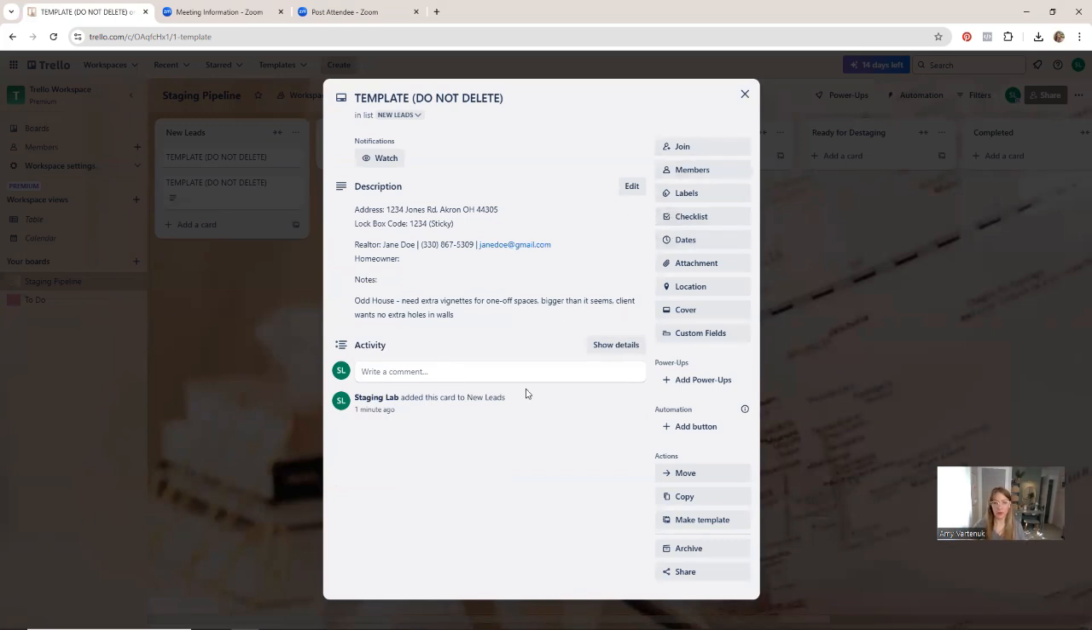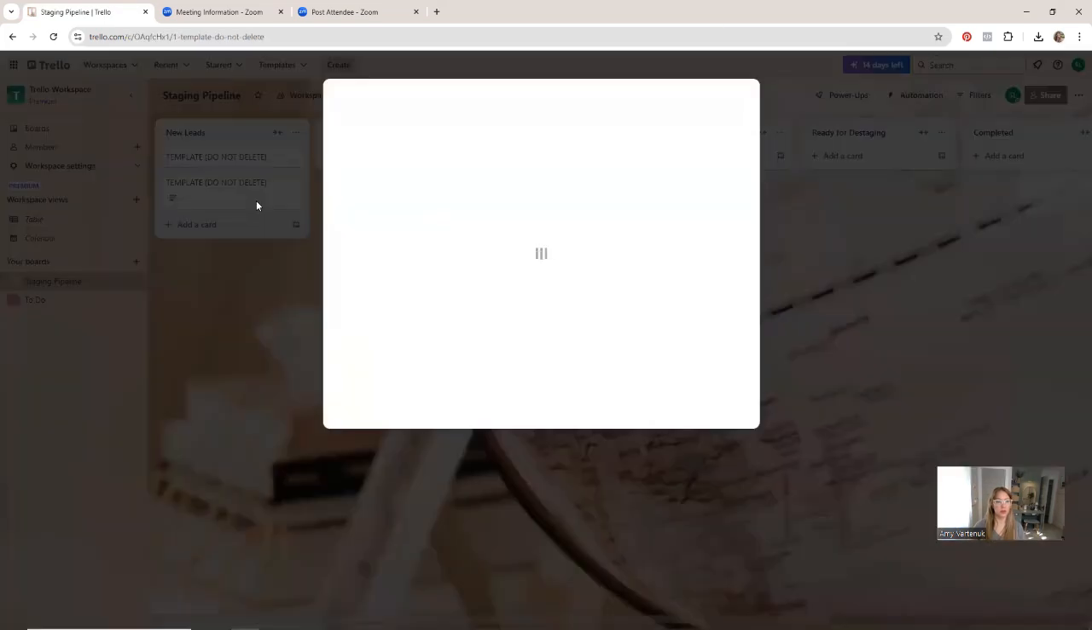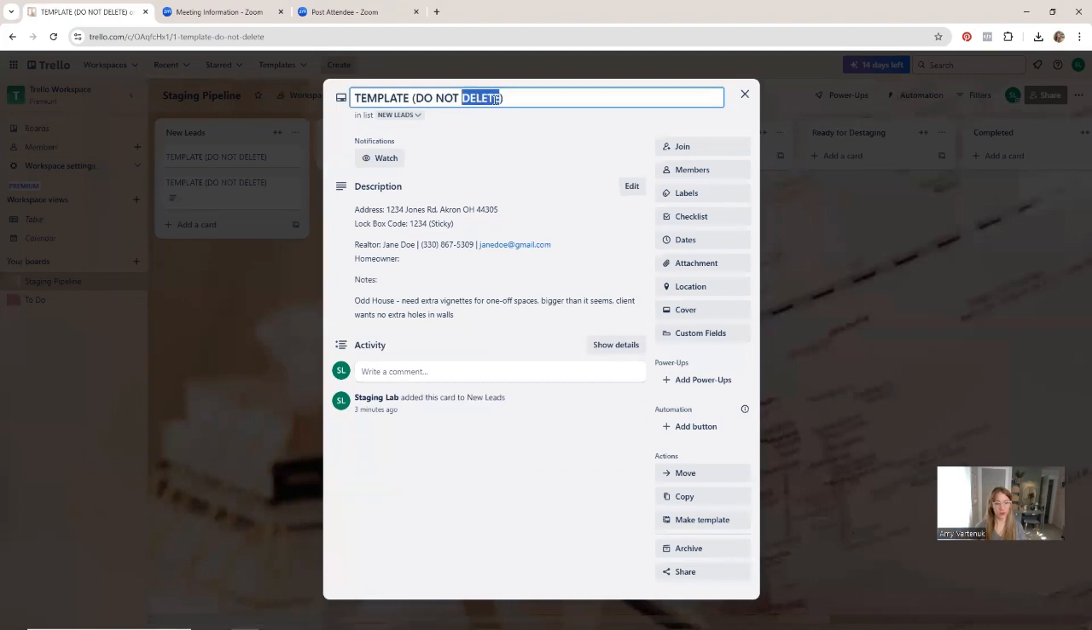And now what you can do is, oh, and I forgot. So you want to click into this and change the name of this away from template to the street name. So let's say this is Jones Road, Akron, Jane. I like to put the city that it's in and the realtor or the main reference if that's the homeowner,